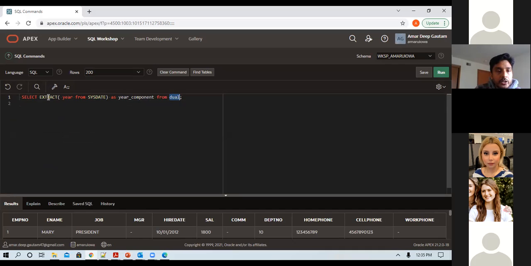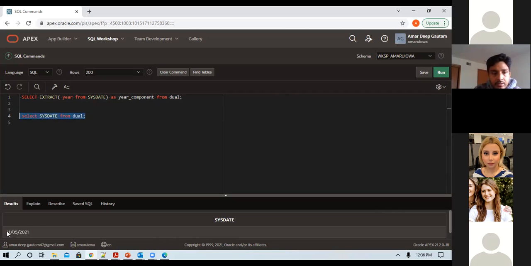Right now we are going to use the extract function, and sysdate is another, I would call it, a parameter. When queried, it gives you the date of that system. So this will give you today's date. What I'm trying to do here is extract the year component from the sysdate.